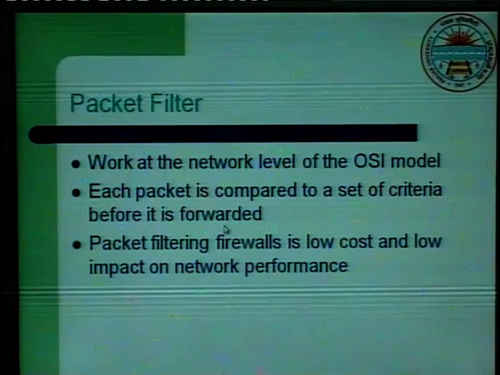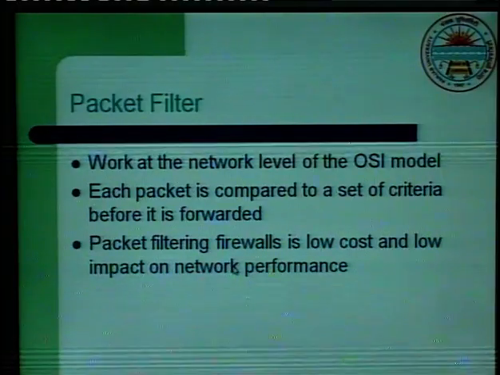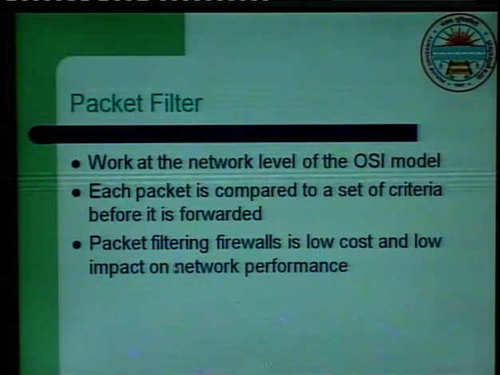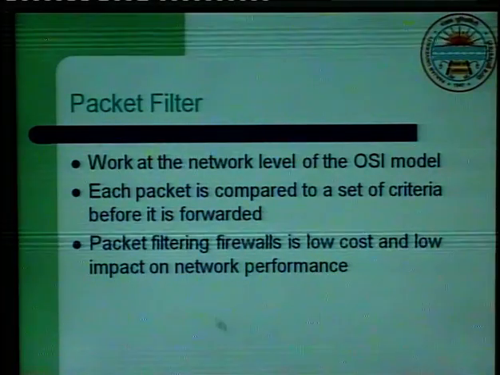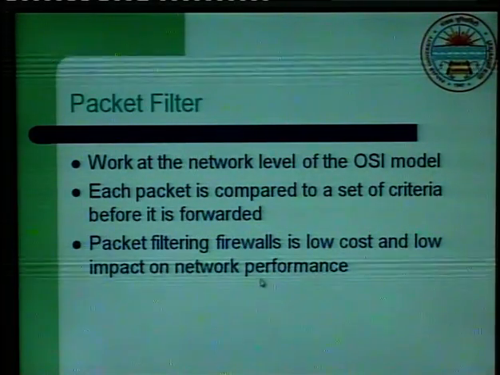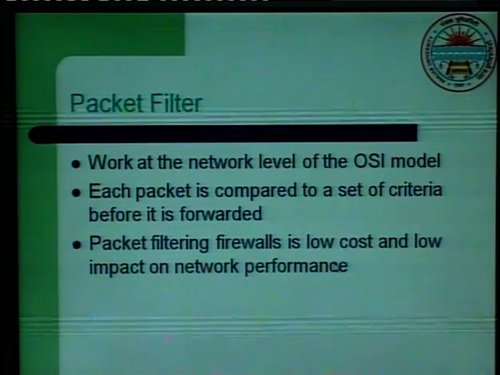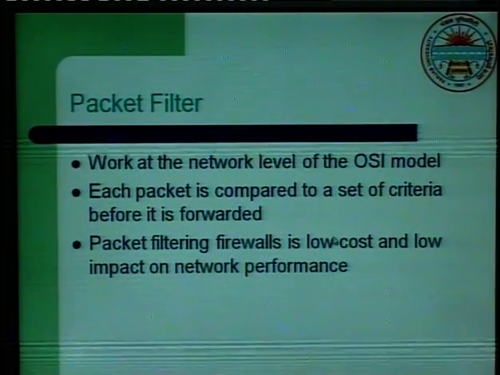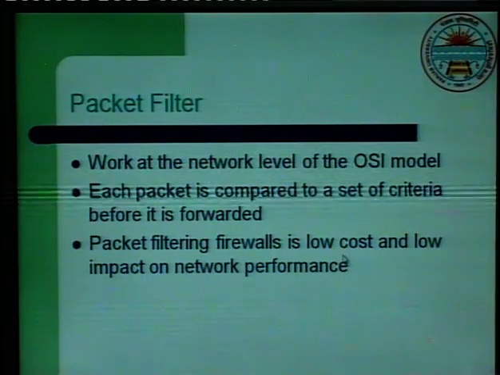Denial of service attacks can consume a lot of bandwidth for your network. So, packet filtering firewalls are of low cost and low impact on the network. Why? They are of low cost because they are inbuilt into the router. You do not have to install extra hardware or software, you only have to configure the access control policy within